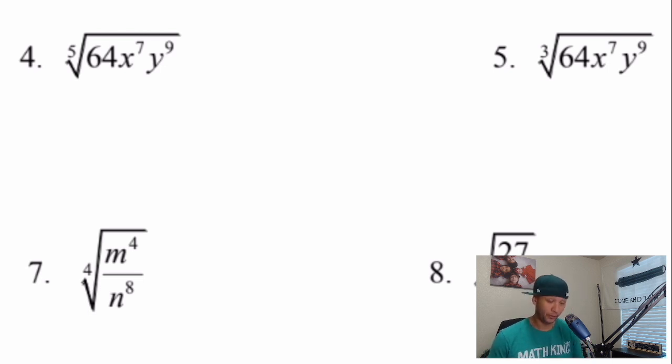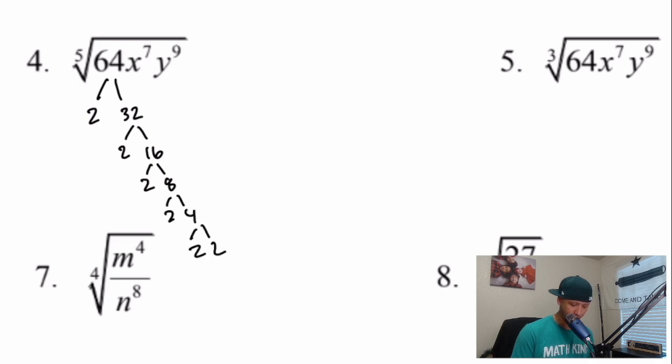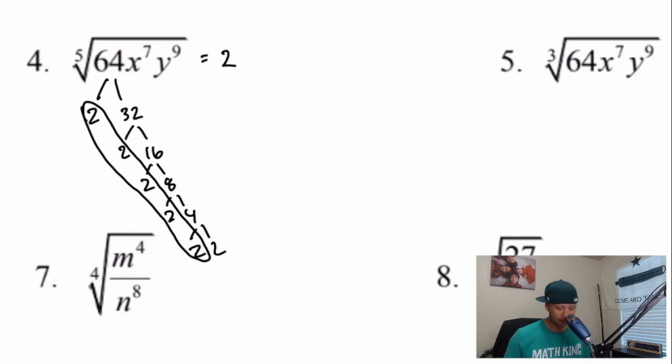Fifth root of 64. So I have to break this down into its prime numbers, right? 2, 32, 2 and 16, 2 and 8, 2 and 4, 2 and 2. So fifth root. So I'm going to take out 5, 3, 4, 5. So there's a 2 left over. So I'm going to pull out a single 2. There's a 2 left over. So fifth root,